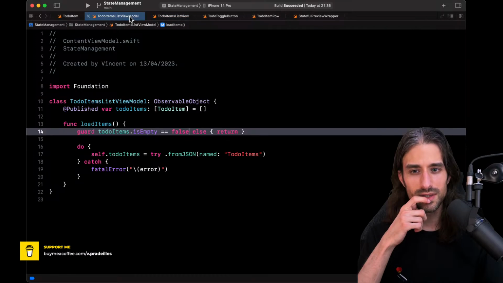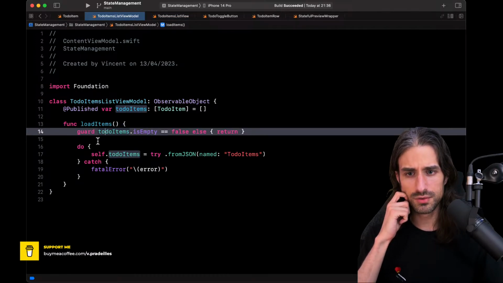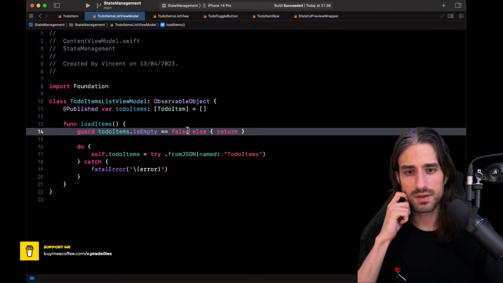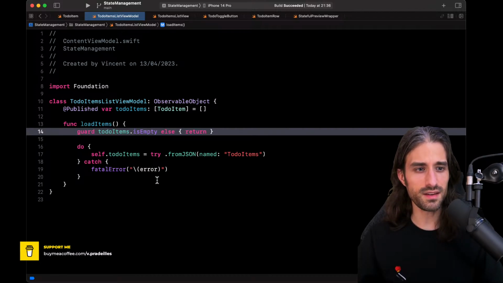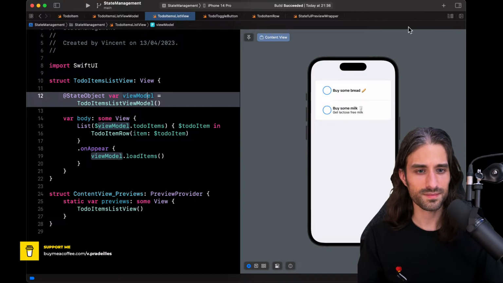They are so easy to get wrong. So I'm saying I want to continue if todoItems is empty to be false. No, it's the other way around. If it's empty, then let's try to fill it with some local data. So I got it completely wrong, and now it should be better. Okay, now it's working.